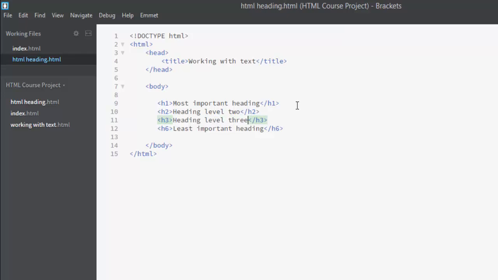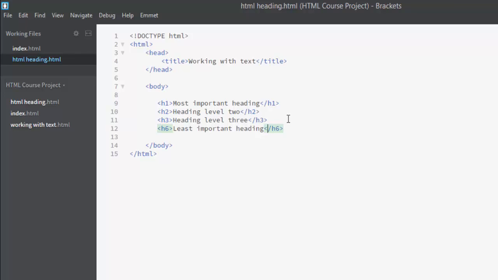Okay, so what are the things that we should keep in mind while using these heading tags? The first and foremost thing that you should keep in mind is that never use HTML headings, either be it h1, h2 or any of the HTML headings, to make your text look visually bigger or bolder. There is another way to achieve that effect. You can always use CSS to make your text bigger or bolder, but never use these HTML headings to make your text larger. Okay,